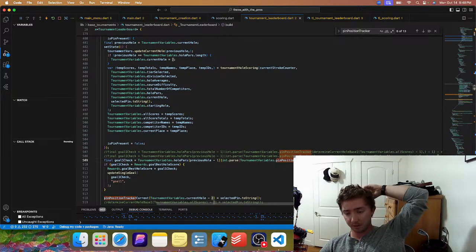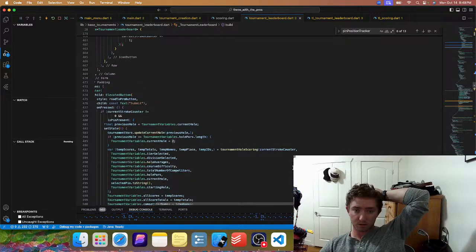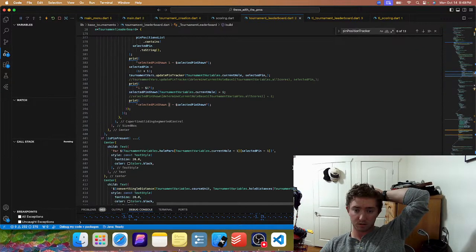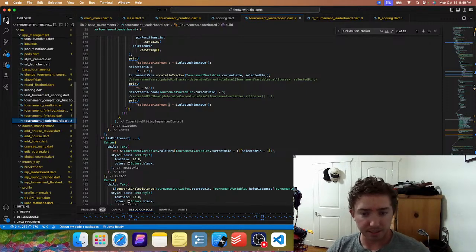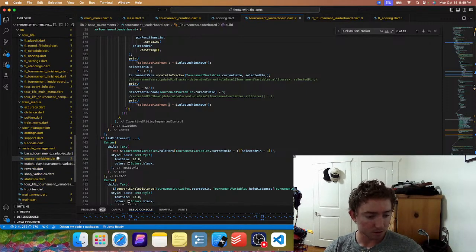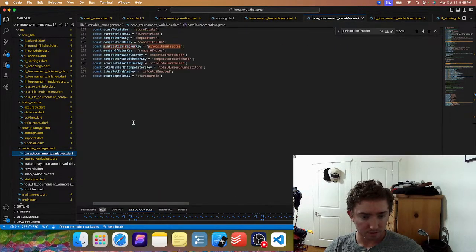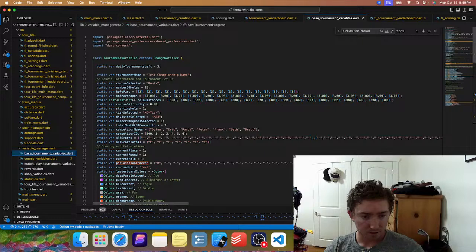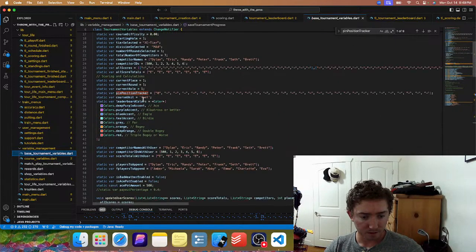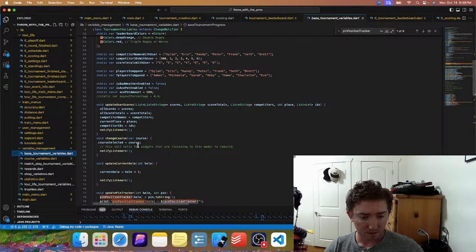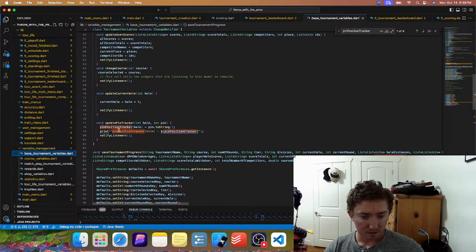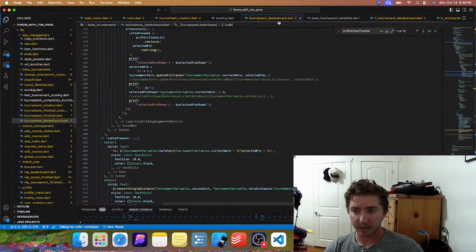So this should just be minus 1 then, right? Let's check. When I'm updating, I'm passing current hole. If I go further up, just hole. So when I come back here,